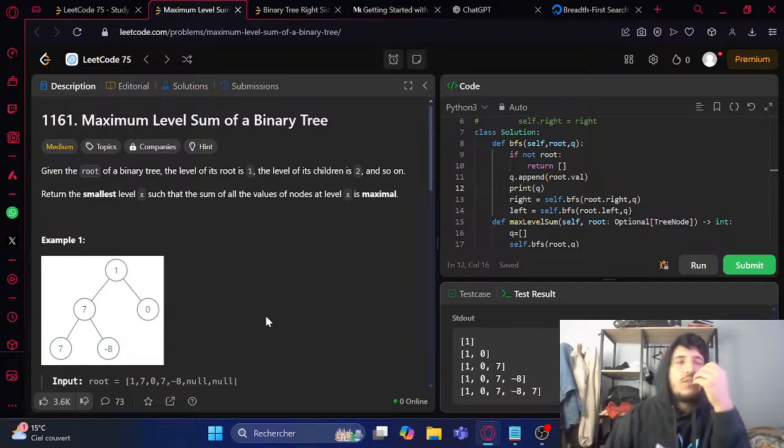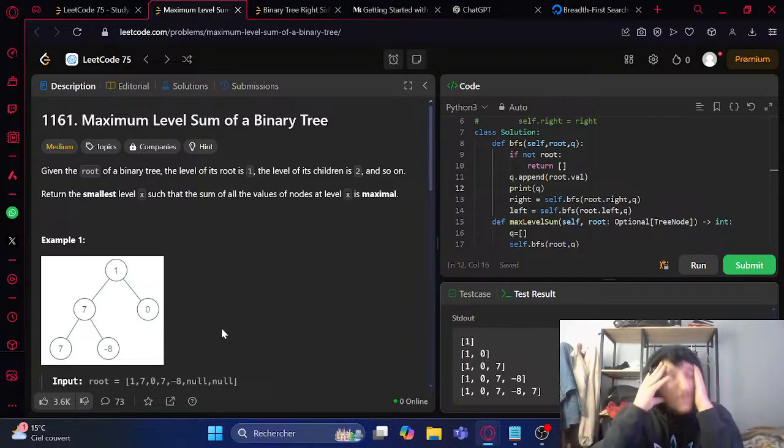I think we need another function which is the sum, and we'll call it when we start another level. Or how we